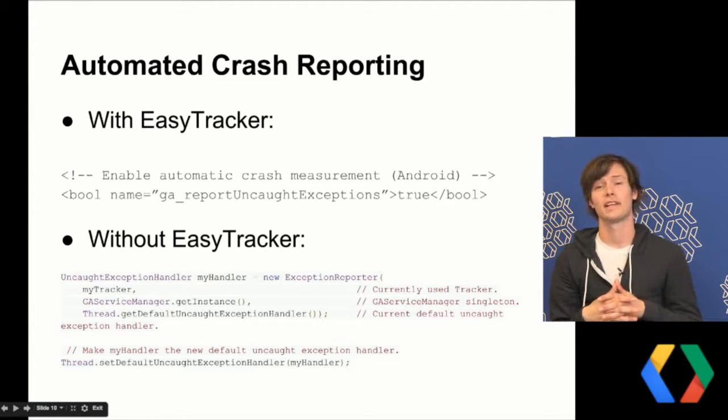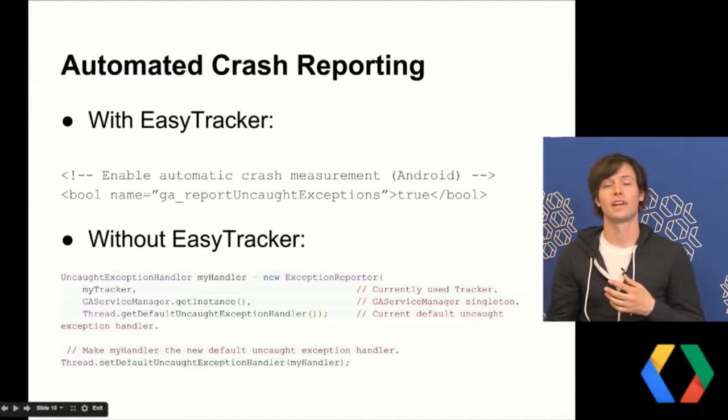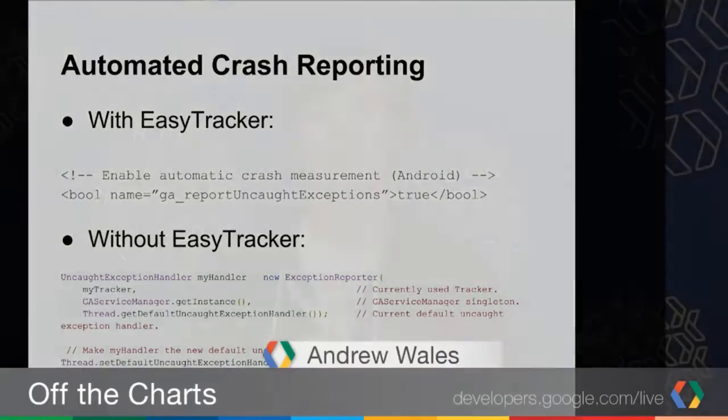So what's going to happen is that when there's an uncaught exception, our exception reporter, the GA exception reporter, is now going to pick that up. We're going to track an exception. We're going to dispatch it. And then we're going to hand it over to whatever the default exception tracker was before. So if you haven't done anything crazy or custom, that's basically going to mean that the crash data is going to get sent to Google Play if need be, and then the app's going to exit just as normal. So that's pretty much it. Even without EasyTracker, it's still pretty simple.